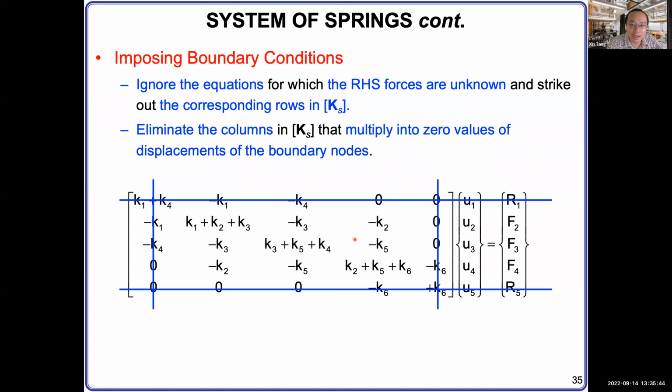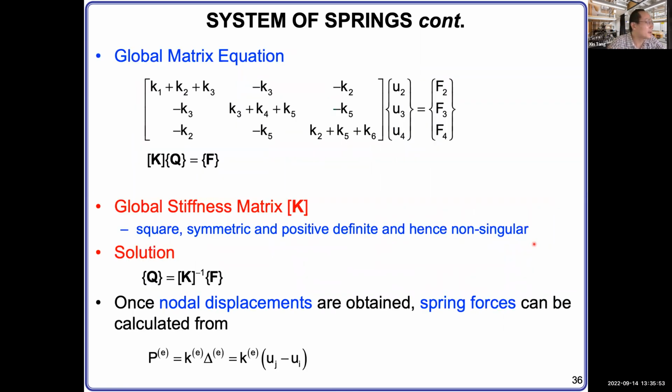All the spring constants are known, while the displacements and forces are unknown, including the external force, how big is the force applied. Then we have this kind of equation. This equation is called the global matrix equation, KQ equal to F. Here, you see no S subscript now because this is not a system. This is a subsystem, part of it, right?